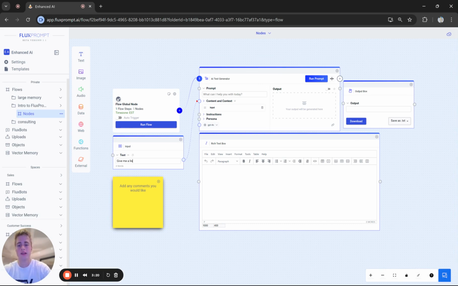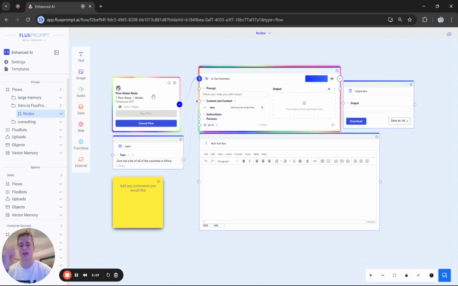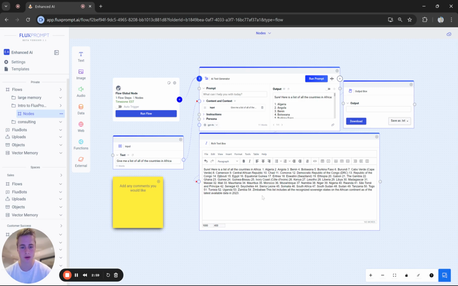give me a list of all of the countries in Africa. And I spelled countries wrong. So that input is going to get fed into the text generator from here to here. And it worked great. And so I can feed it into this larger one here,